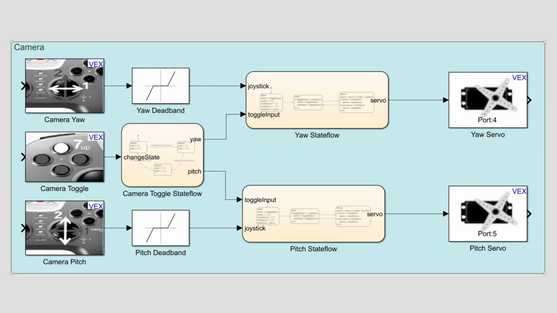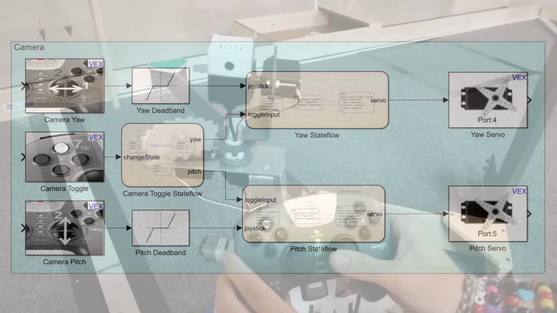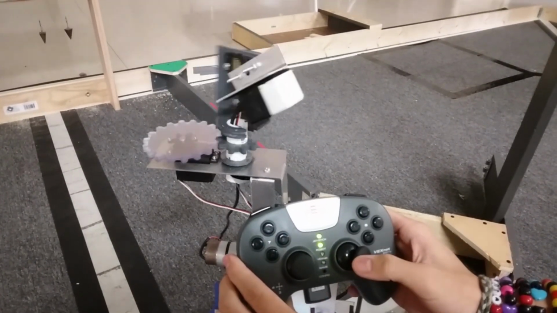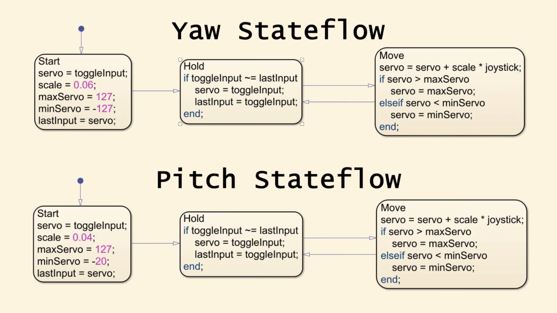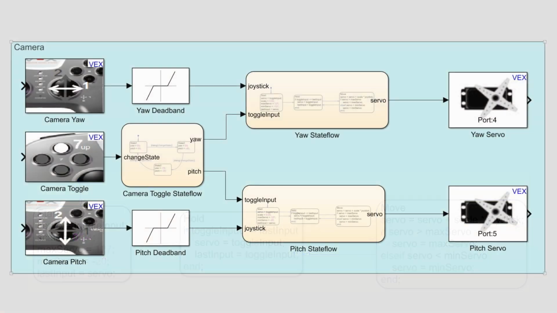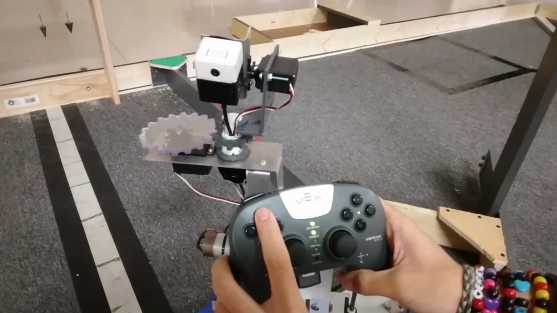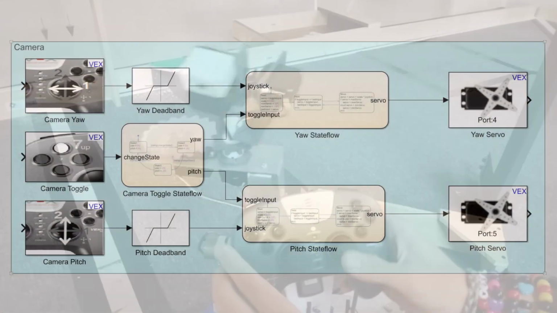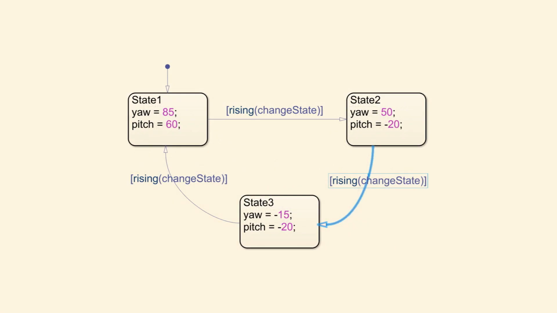The camera mechanism lets the driver see different parts of the robot during blind procedures. A single joystick controls the speed of the camera mount's pitch and yaw servos, and deadbands prevent it from drifting. A gamepad button can alternatively toggle the camera's positions between 3 useful angles: the multi-tool and the front and rear vein harvesters. We implemented this with another state flow chart, using the rising operator to move between states when the